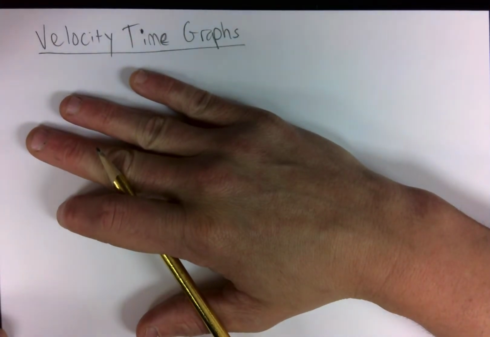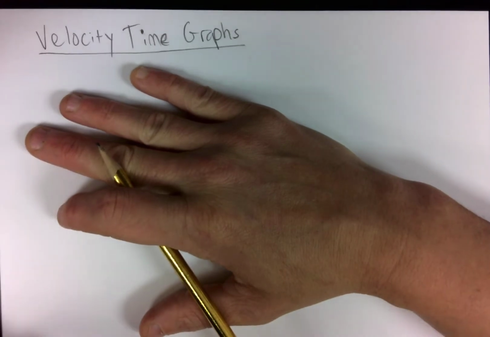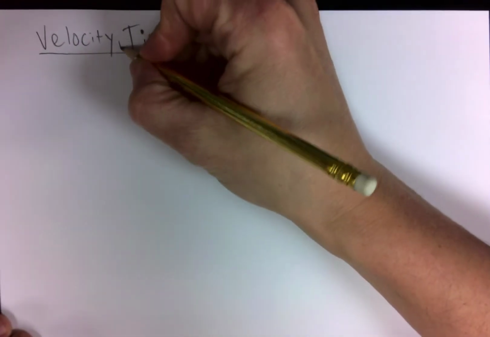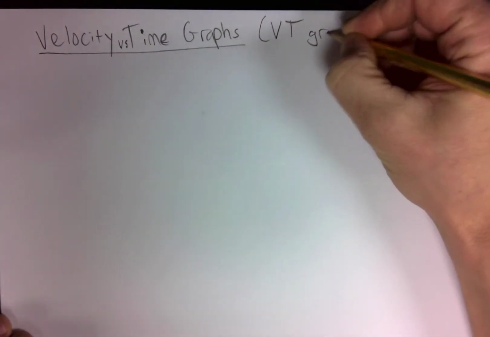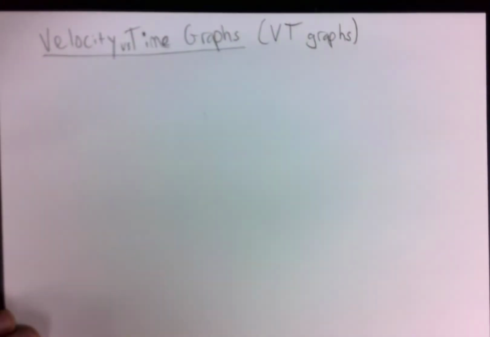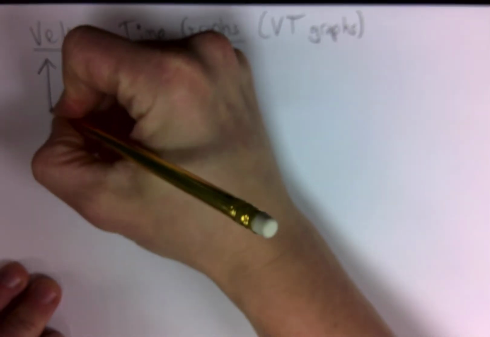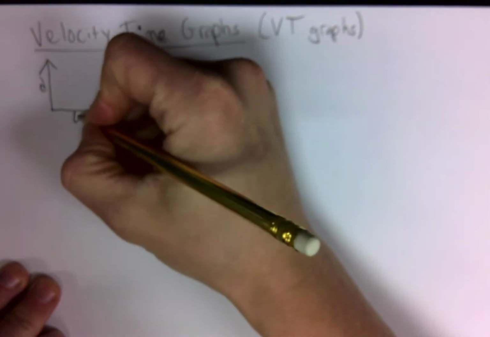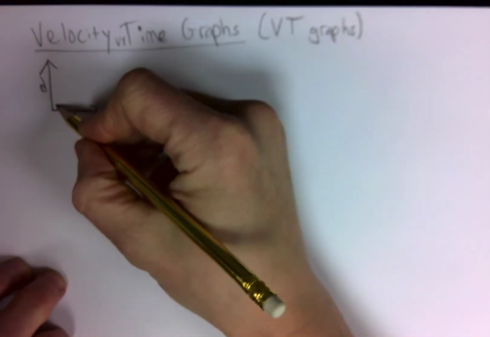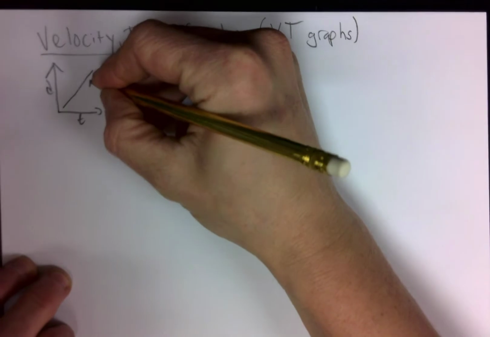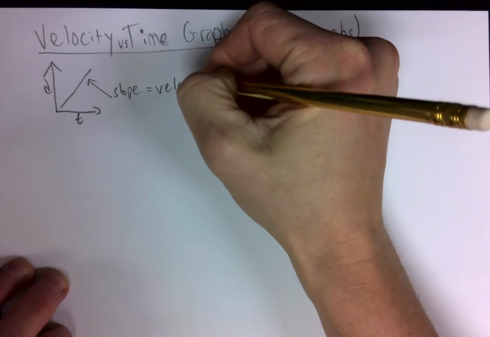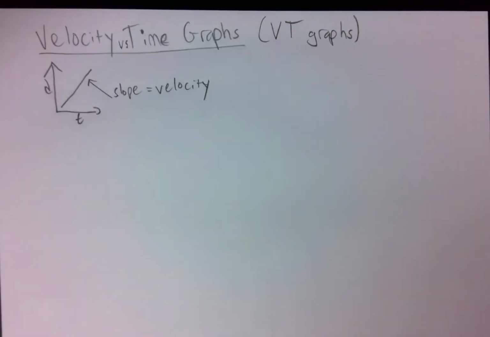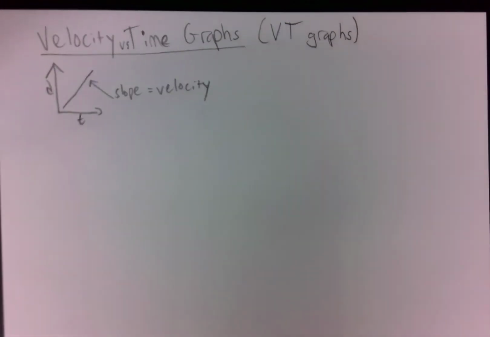Hello everybody. So you're used to the idea of distance versus time graphs, but today we're going to start velocity versus time graphs, otherwise called VT graphs. First point of emphasis: you should remember with a distance time graph, how did we measure the velocity? Was the slope. The slope was equal to the velocity on a distance time graph. So if I asked you to calculate the velocity when you had a distance time graph, you would just take